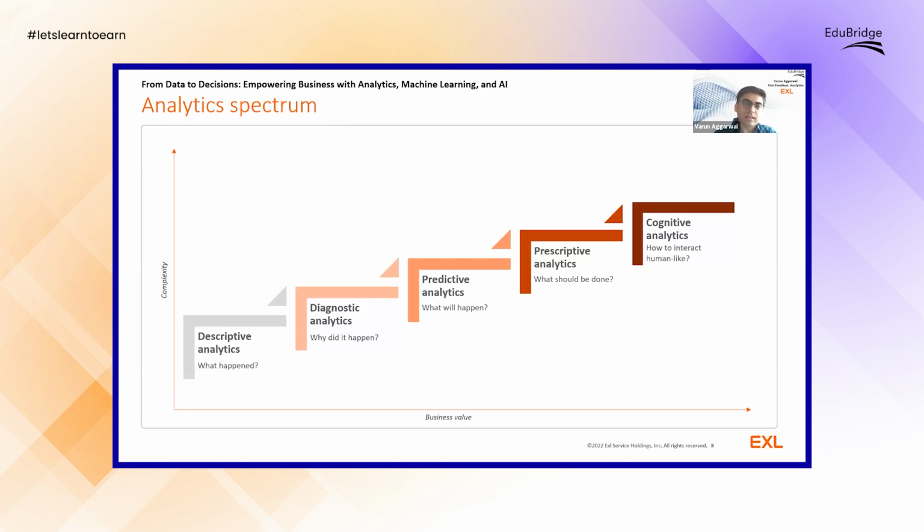And again, this is a bit theoretical, but very important for us to understand how these stages are different from each other. So when we try to solve a problem, the typical question that comes to mind is what happened. Okay, my customers are leaving. My customer base is shrinking. Profitability is getting reduced. It may be because of reduction in revenue or increase in cost, or it may be because customers are not very happy today. So first of all, I need to understand what happened. That's called descriptive analytics.